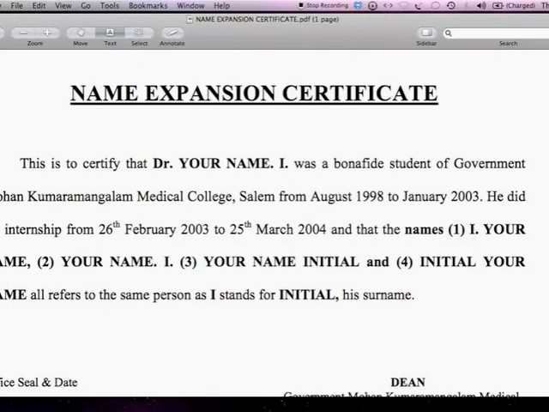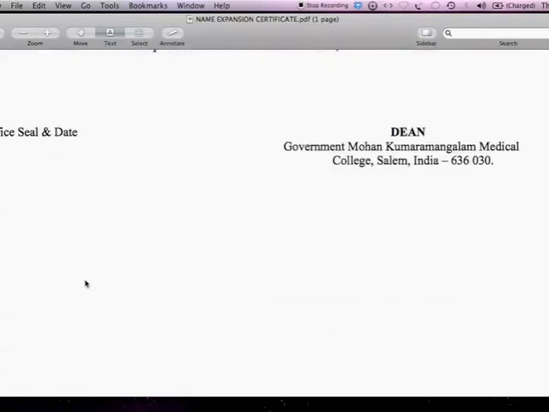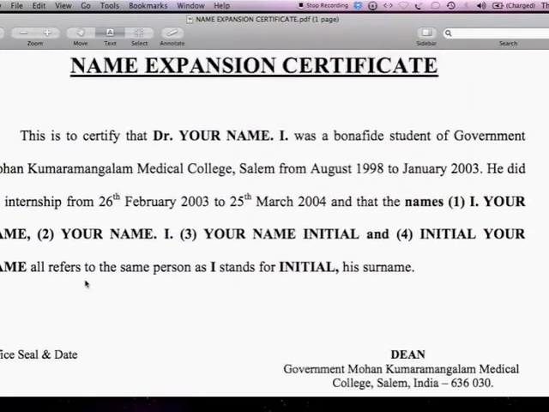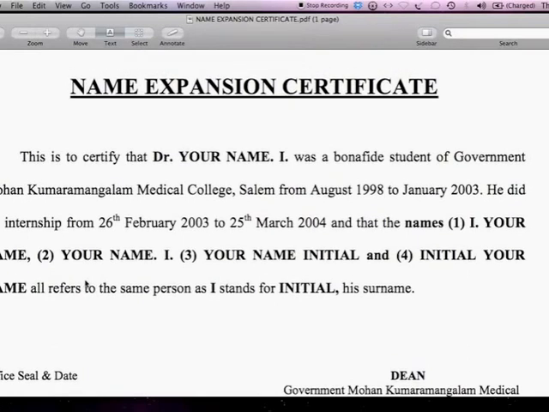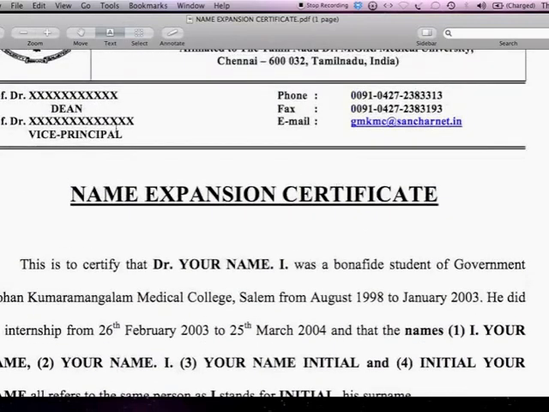So I, your name, or your name I is the same as your name initial or initial your name. It's a kind of silly document, but it's useful to have with you if somebody got confused why you have an initial in certain documents and you have the expansion of that in other documents. The next one